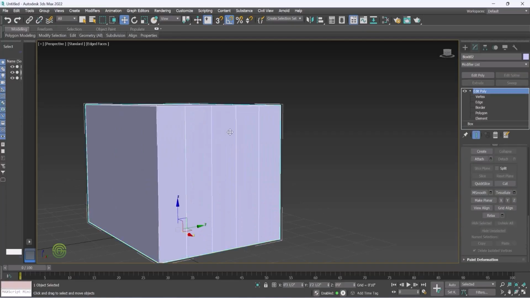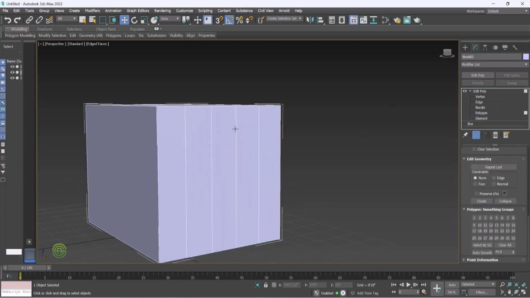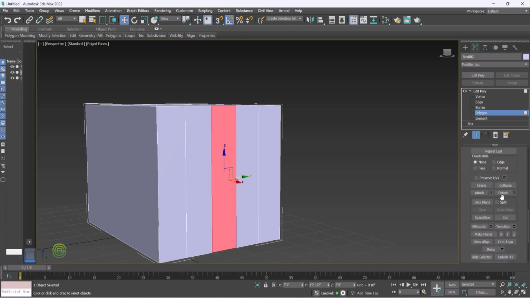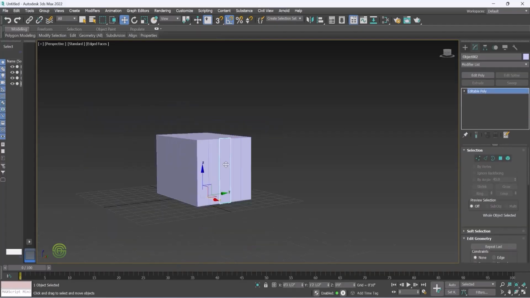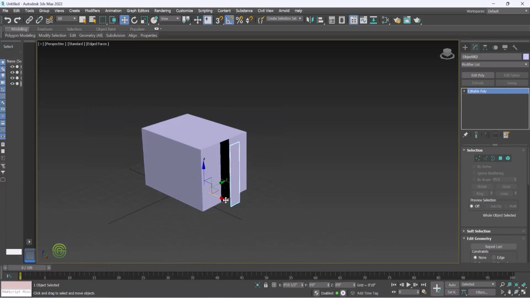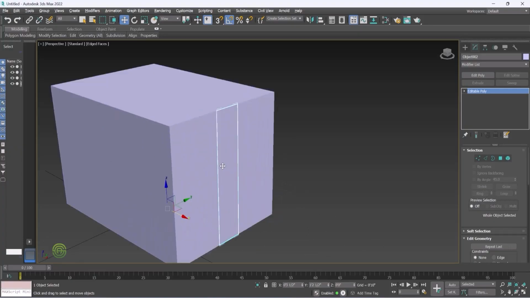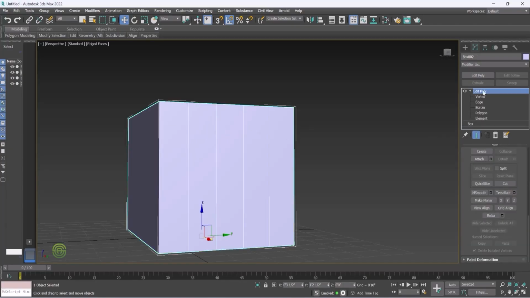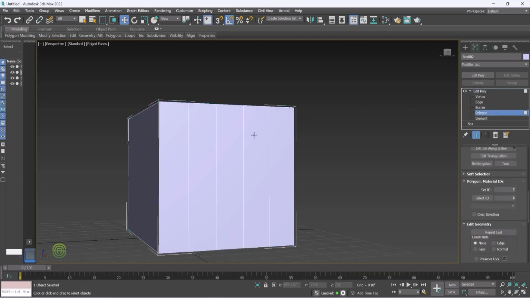Okay, like that. Go to edit poly. Again, click on polygon and go down. Select detach. Again we have made it separate. We have separated this again from that element. So like this, we can separate these things from that element, and in this way we can select this object, go to edit poly and select polygon. Like this, we have